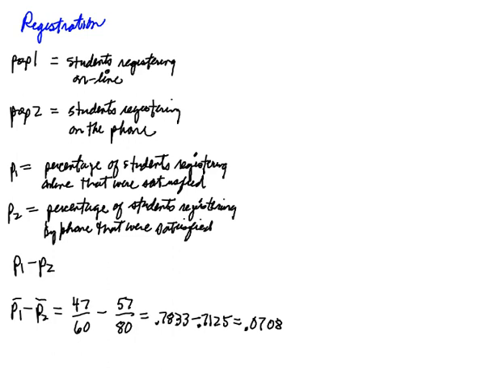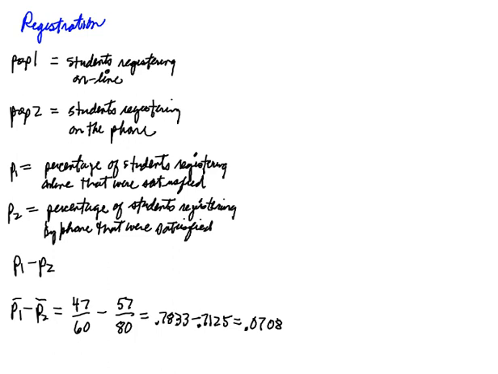Our two samples, one from population 1 is 60 students registering online. 47 said that they were satisfied. And from population 2, 80 were sampled, and 57 said they were satisfied with registration on the phone. That gives us a difference of